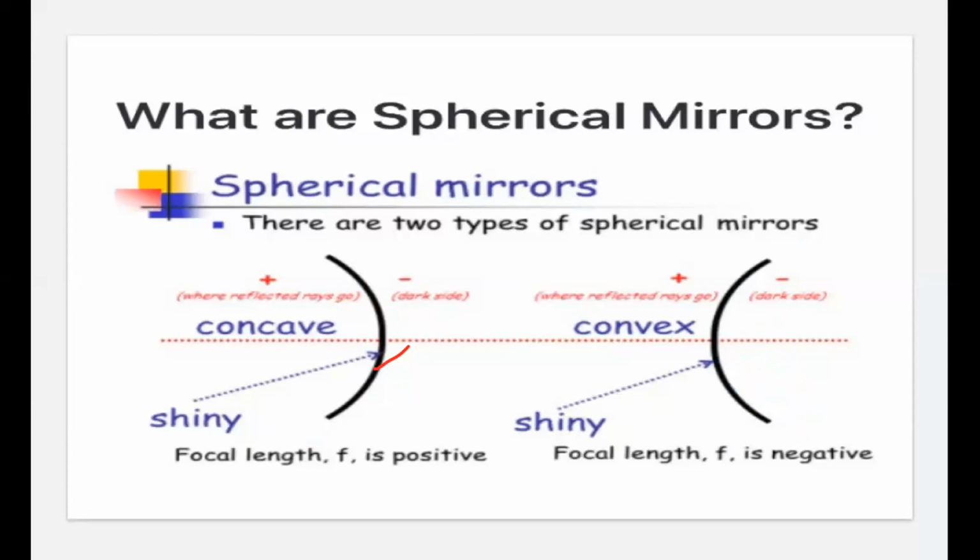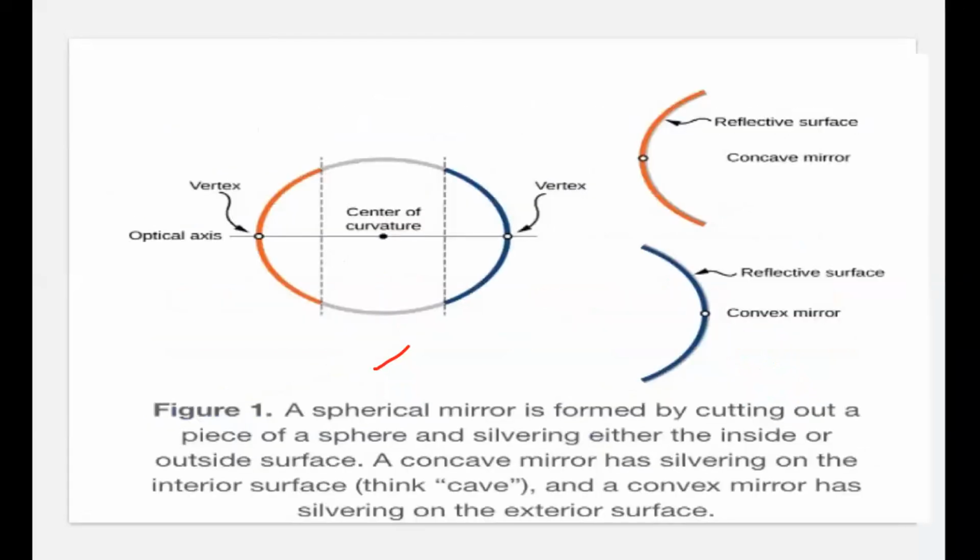We move on to the next slide now. So till now, this is just a brief overview of what we did. Here we are having a glass sphere. If the cutting of the sphere is done from here, we call it a concave mirror. And if the glass sphere is cut from this side or like this, we call it a convex mirror.